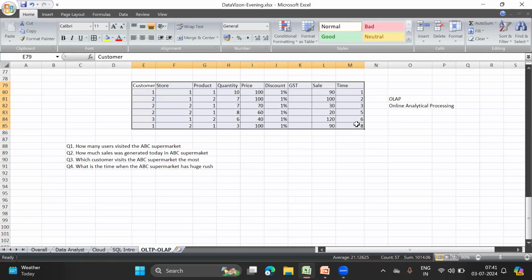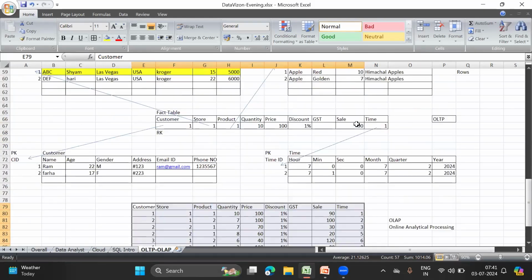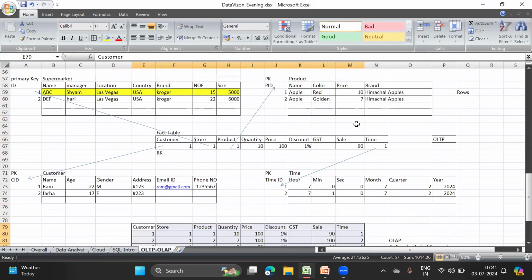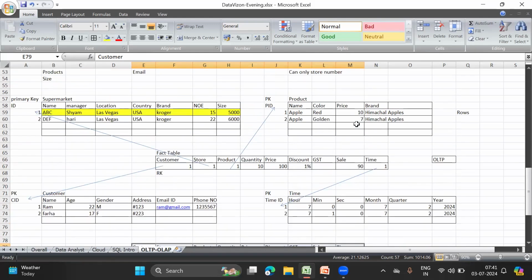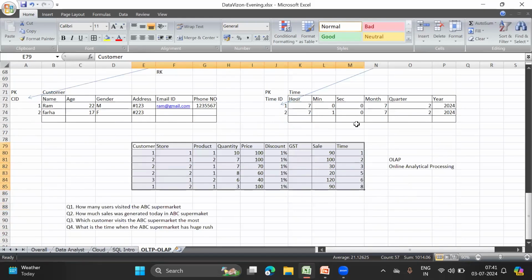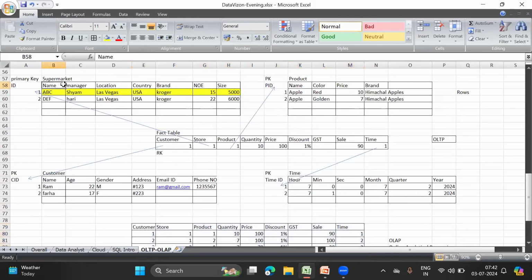So this is what we are going to understand as a data analyst. You will have a set of tables, you will have different relationships between tables, or you might have to create them. And then finally you will have a table or a set of tables. You can also do this analysis on top of your dimension table, right?